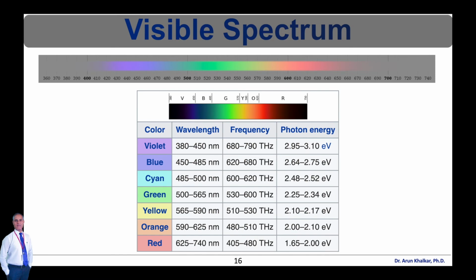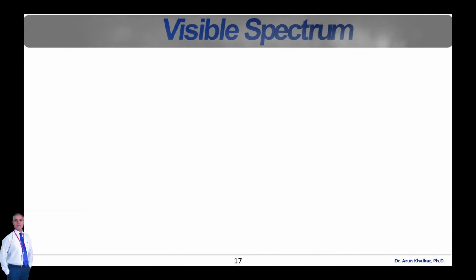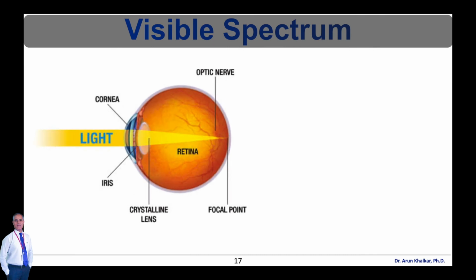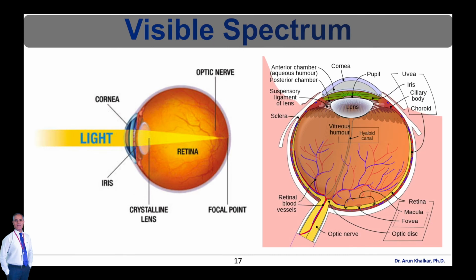The wavelength, frequency and photon energy, all these three parameters you can calculate with the help of these numbers by using the above mentioned formulas. These formulas we have already discussed in the previous slides. Human eye will respond to wavelengths from about 380 to 740 nanometer.